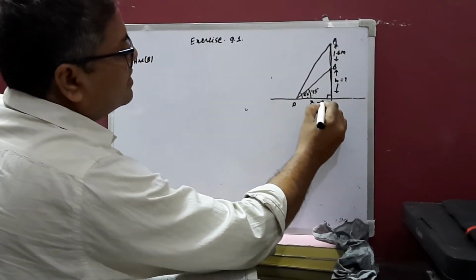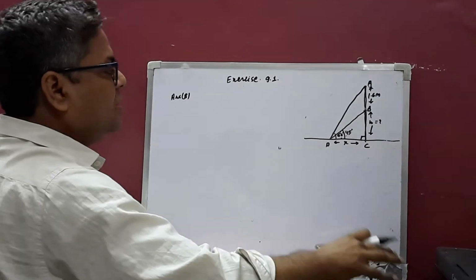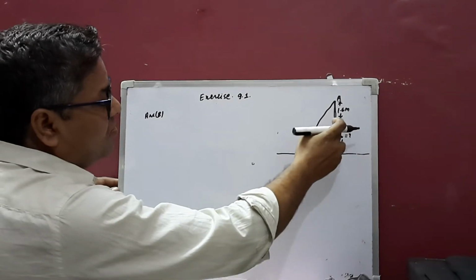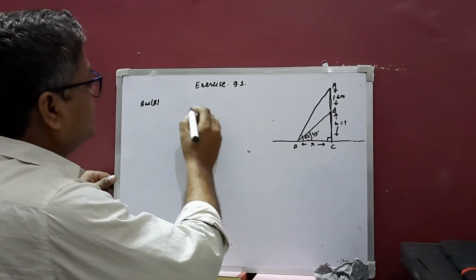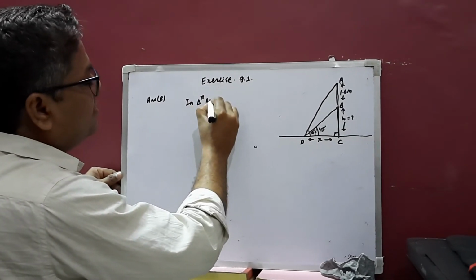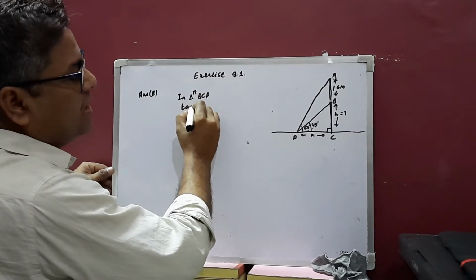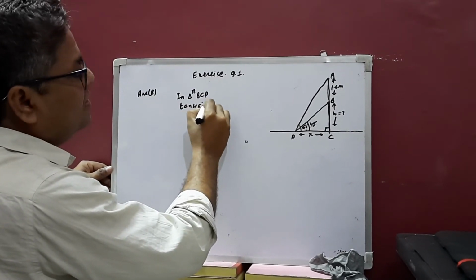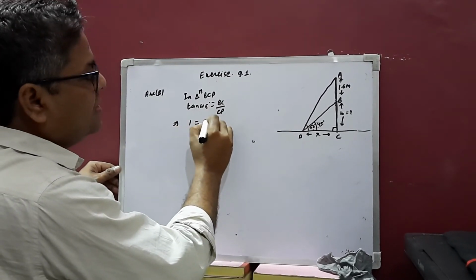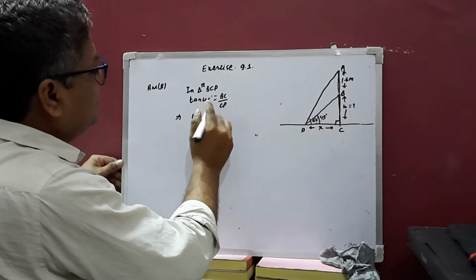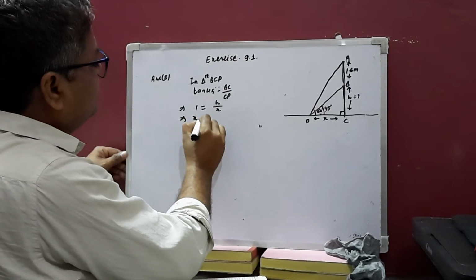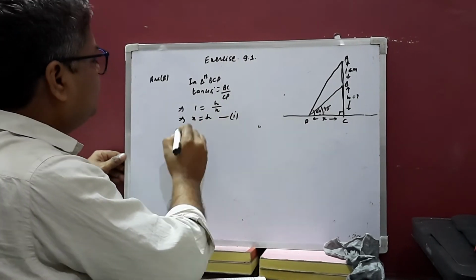So suppose this is x, and this is the carbon copy of the previous question number 7. So let us start from the triangle BCP. In right triangle BCP, tan 45 degree is equal to BC by CP, and the value of tan 45 is 1. This is h by x. So x is equal to h, and this is first.